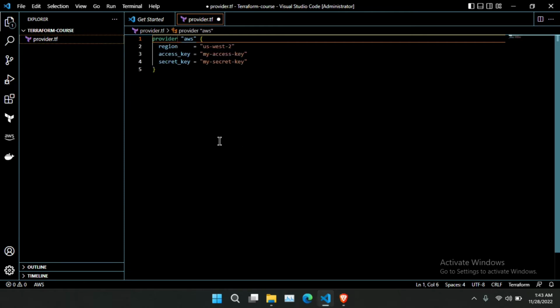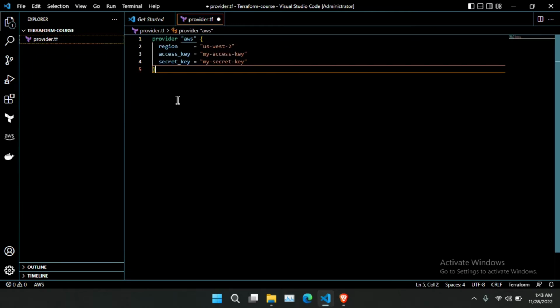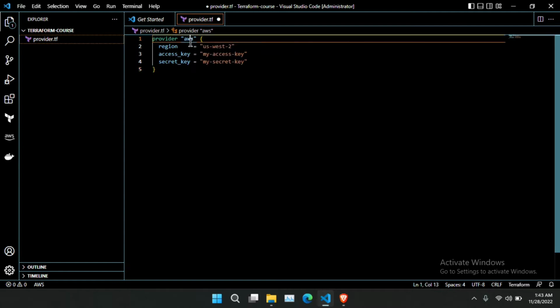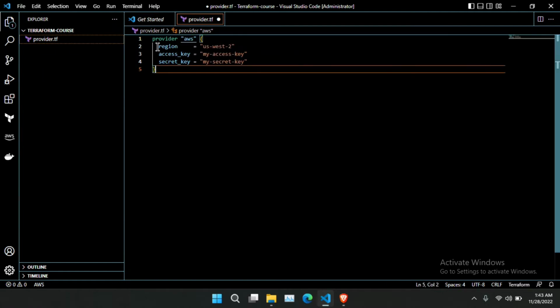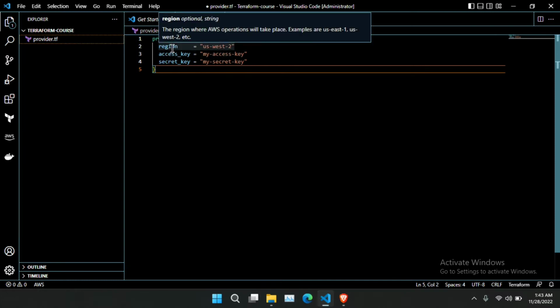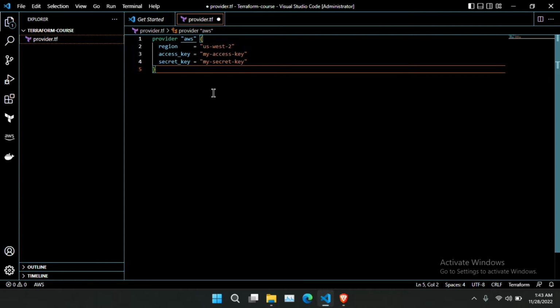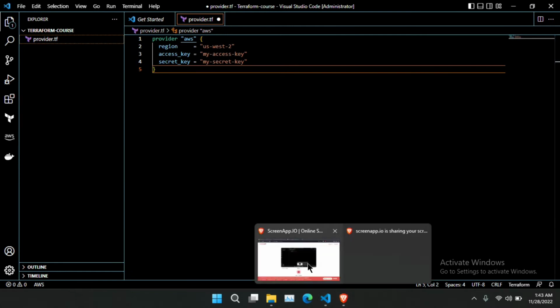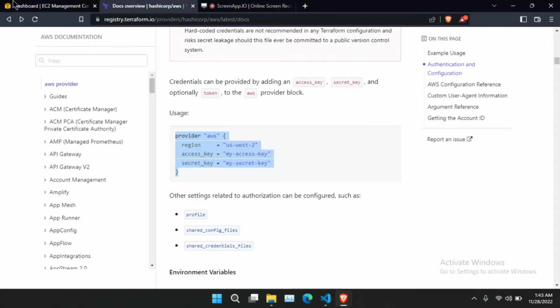You can see this is the provider block, and this is our provider AWS, and these are the parameters: region, access key and secret key. In region we can specify the region under which we want to deploy our AWS services. For example, if we want to deploy our services under another region, we can